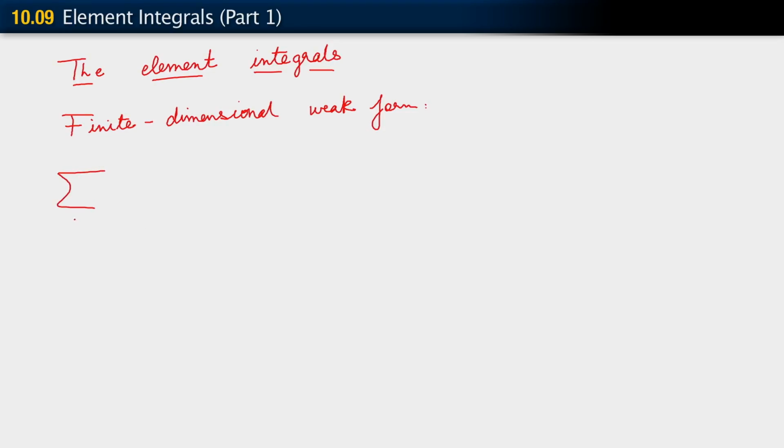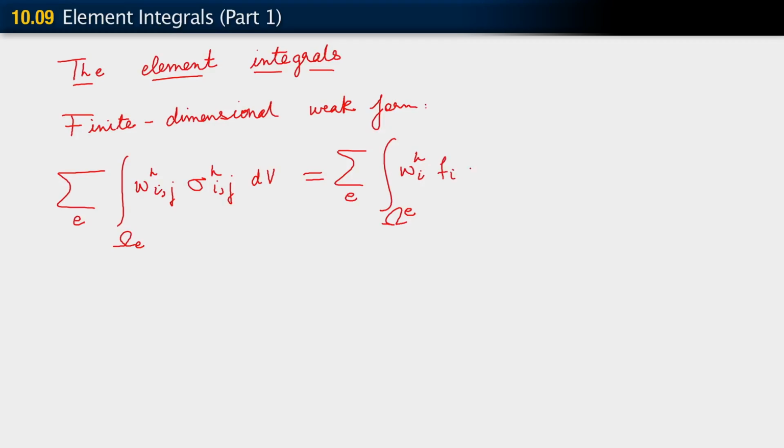sum over E, integral over omega E, w^h_{i,j} sigma^h_{ij} dV equals sum over E, integral over omega E, w^h_i f_i dV